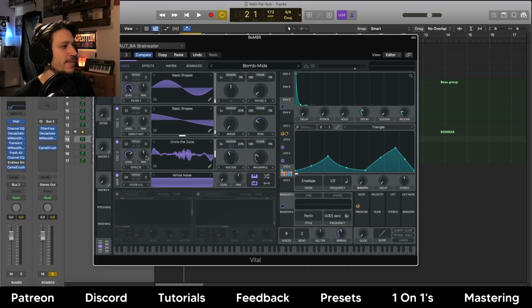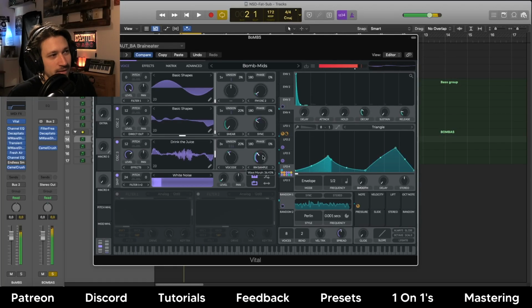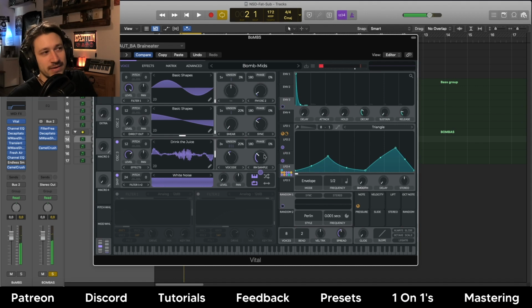I don't know. White noise, ring modulated with ring modulated... Yeah, you know what I mean. Where you can go up and start getting into that territory if you want. It's up to you. But I just wanted a bit of that white noise character, and I've mapped that ring modulation amount to the LFO as well, so we've got that white noise hit at the beginning, and it kind of